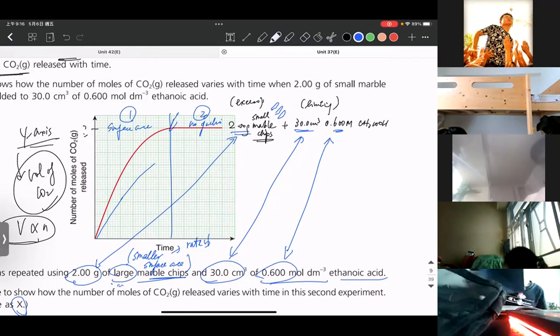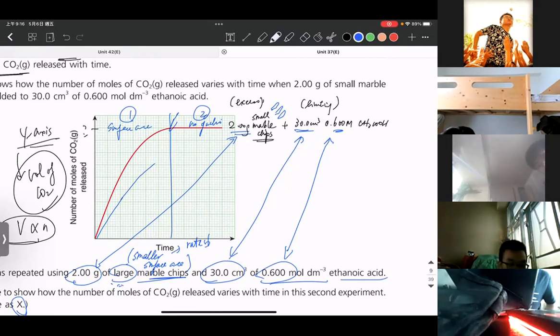It ends after the line. After which line? The middle line. Middle line? Where is the middle line? 即係中間嗰條藍色線。